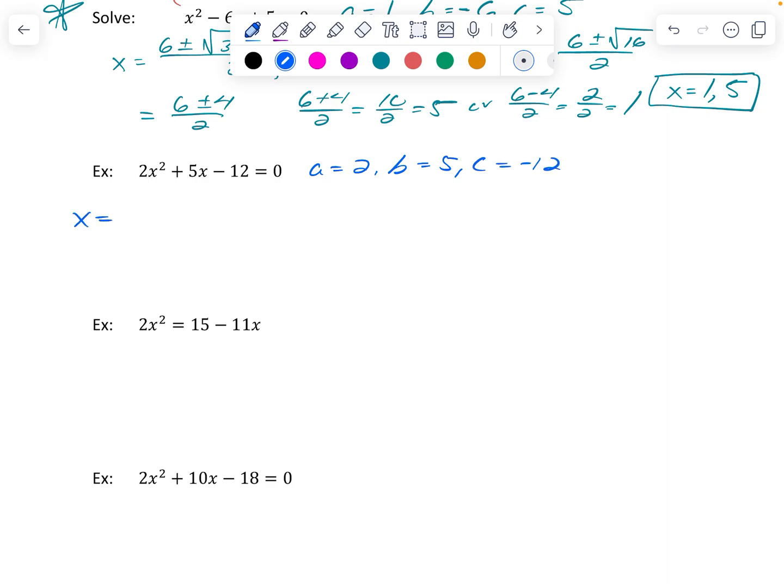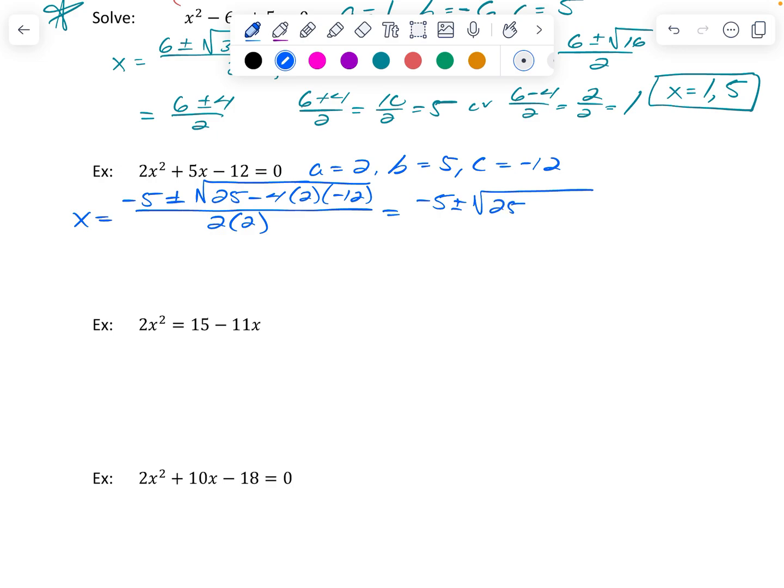So x equals opposite of b plus or minus the square root of b squared minus 4ac all over 2a. And so simplifying now, plus or minus square root 25 plus, watch your negative signs, right? Because it's minus 4, but then we have the negative 12. So 48 times 2 is 96, all over 4, which is negative 5, plus or minus the square root of